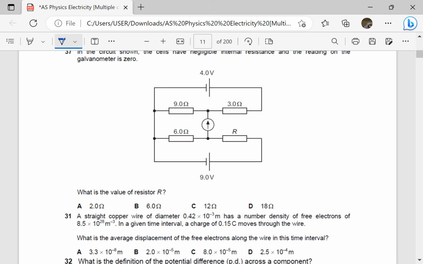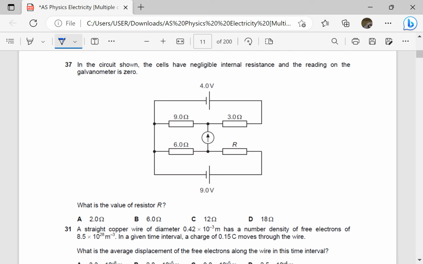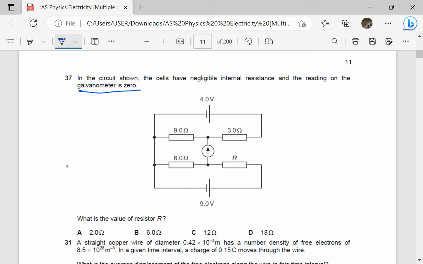Okay, so I want you to notice that the reading of the galvanometer is 0. That means the potential here is the same as the potential here. But already the potential here and here are the same because these two are directly linked. So what does that mean? If the potentials here are the same, it means the PD across 9 ohms must be the same as the PD across